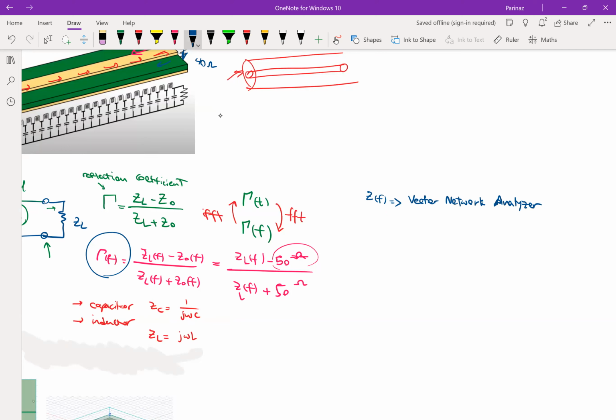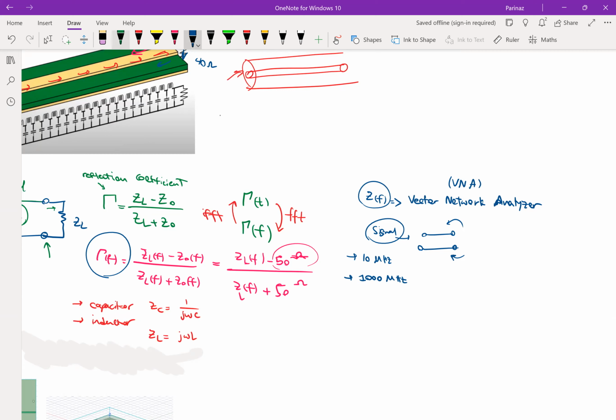What you do here, basically, you have a device. You send a signal in, and the signal is sweeping in frequency. You might say, I'm going to go from 10 megahertz to 1 gigahertz, so 1000 megahertz. I'm going to generate different signals with these frequencies, like a sinusoidal signal, and see how much of it gets reflected back. And so the VNA allows you to measure this reflection coefficient,